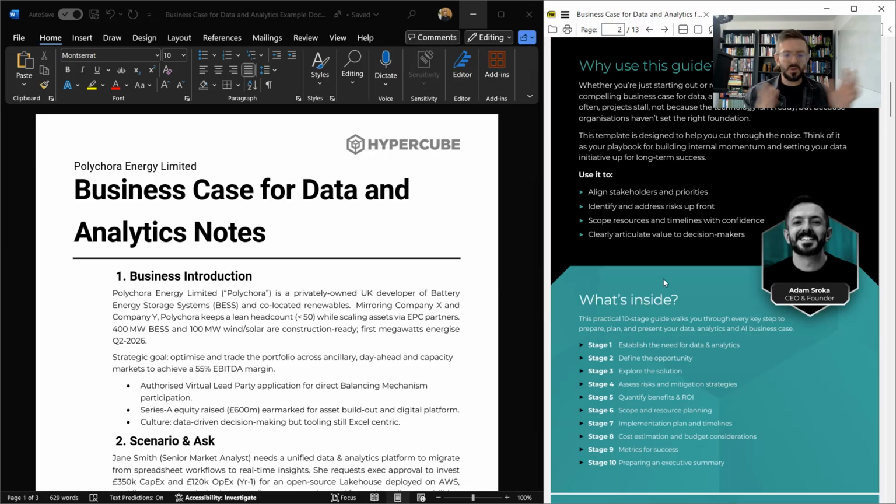So we've described Polychora Energy, completely fictional, meant to be representative of a GB asset owner-operator developing BESS and solar. They've got megawatts coming online next year. They are authorized as the virtual lead party. They want to get into the balancing mechanism, all that. They've raised a load of money, and they want to be data driven. Importantly, is this